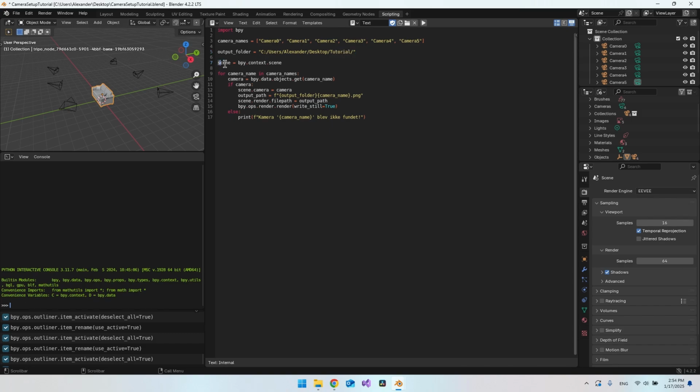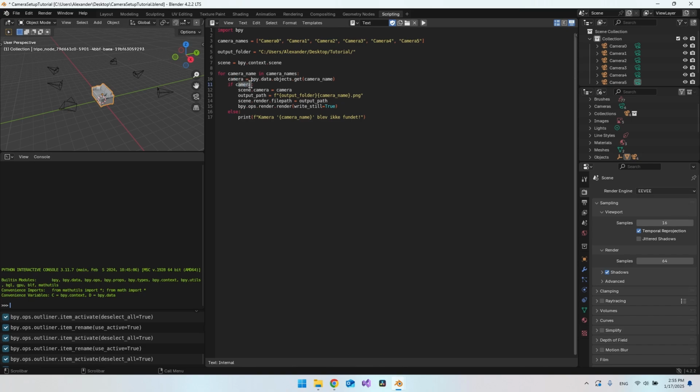And then the rest of the code, you don't really have to understand it, but just to explain it a little bit faster, we use this bpy and take the content from that, and then it has a scene. So we take that inside a variable called scene. Then we loop through all the camera names, and we just have the single name here when we loop through it. So it will look at camera 0, put that in here at the first, and then this is just the way that you fetch the actual camera, and then say if it is a camera,